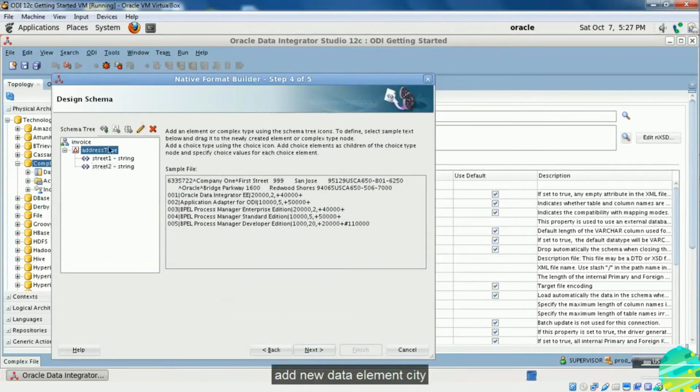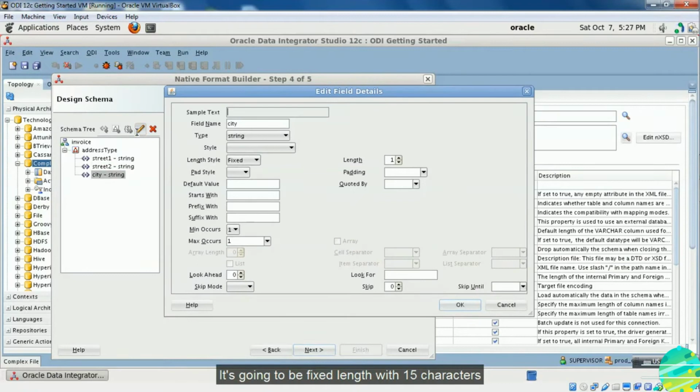Add a new data element city. It's going to be a fixed length field with 15 characters.